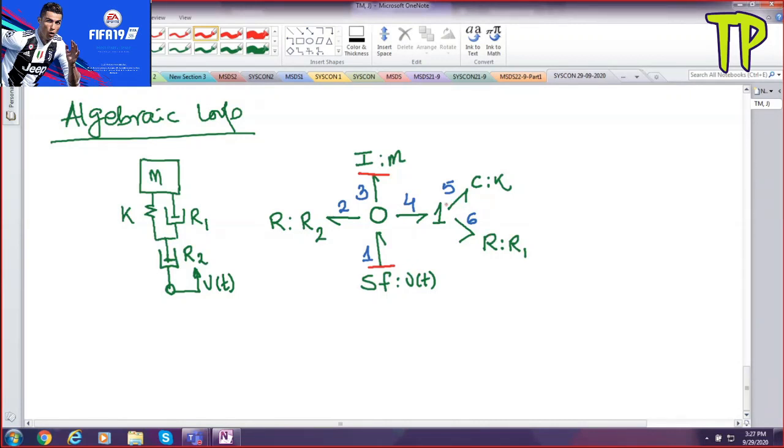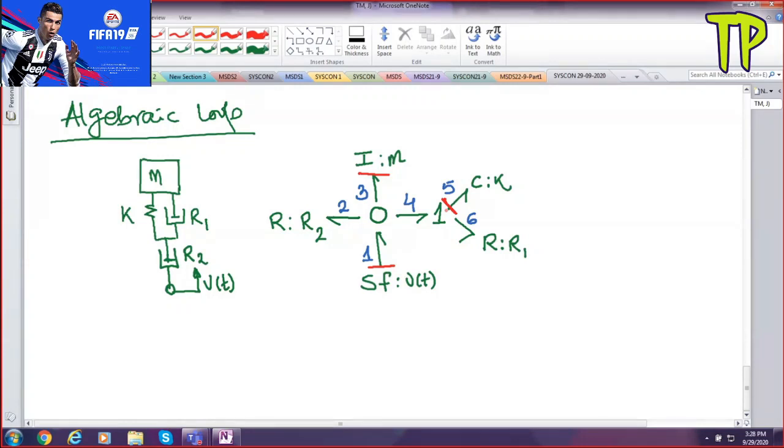So we cannot propagate. So now we will go to integral causality for the C element. So C element integral causality we give at this one junction. So we give causality to bond number 5, integral causality in the C element. And at this one junction, we know one strong bond will have causality away from the one junction. We have two bonds left, 4 and 6. So we don't know which one will be the strong bond. So our model is not completely causal after giving causalities to all sources, I and C elements.